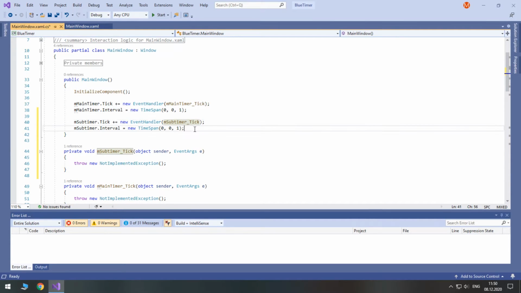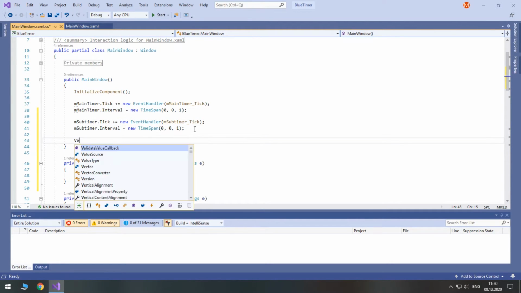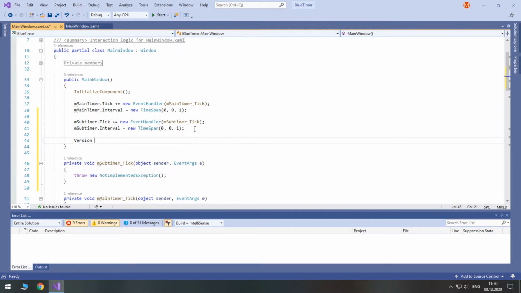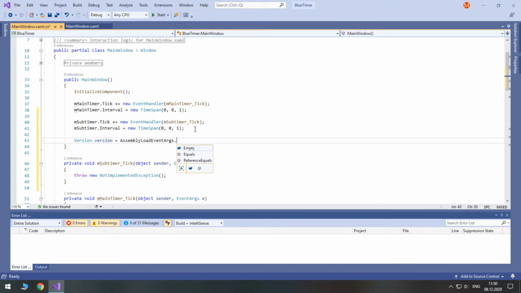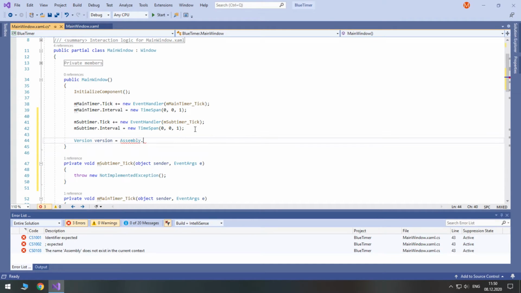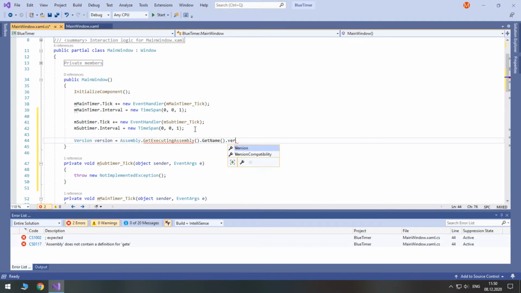We will also display the program's version in the title on start. First, we need to get the version from our assembly. Now we need to set the title.